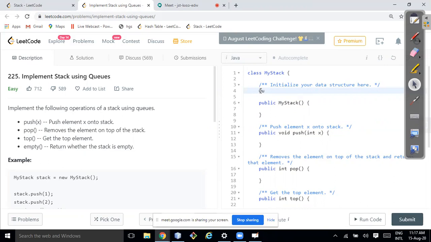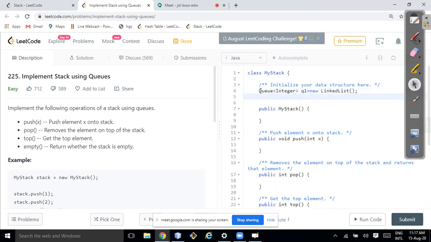So I'll create two queues. Q1 equal to new linked list. Q2 is equal to new linked list. Q1, in the beginning, I'm assuming Q1 is equal to S.